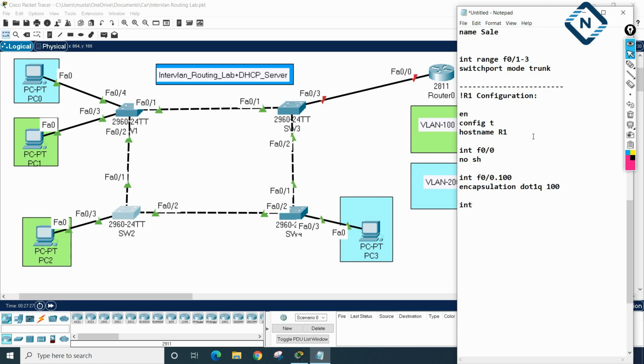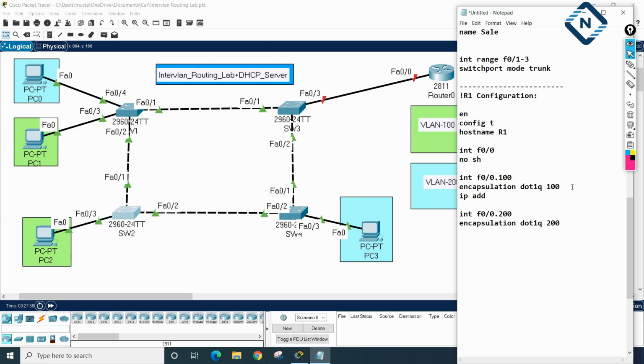Then I will write interface FastEthernet 0/0.200. Then we will write encapsulation dot1q 200. Okay, so with this what we have done, we created this, and here we need to assign the IP also. Whatever IP we were planning, we will take that IP address.